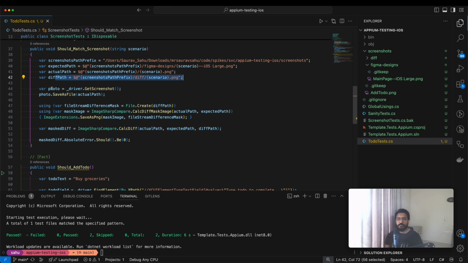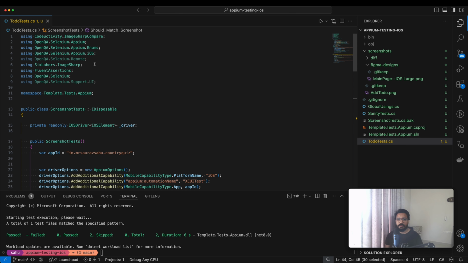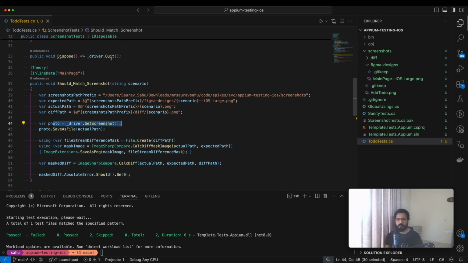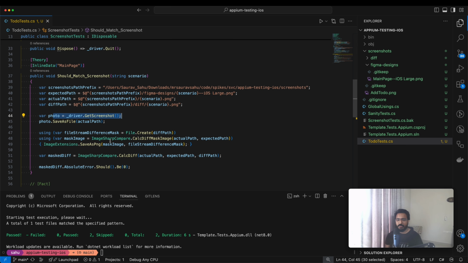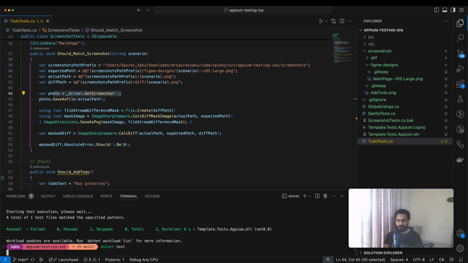So now what we do is the test starts by taking a screenshot, saves it as a file, and then does an image diff using the package that I showed you before, which is this one, the image sharp compare. And there will be similar packages in other languages to do this. I just found this to be very easy to use in C#, so that's what I used. So now if I run the test again,